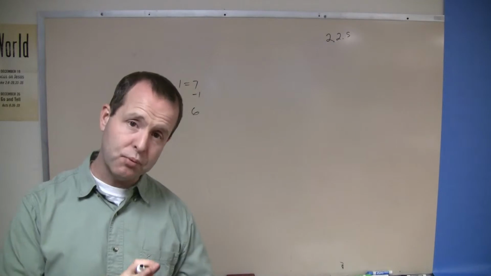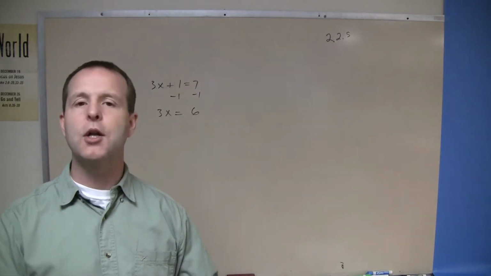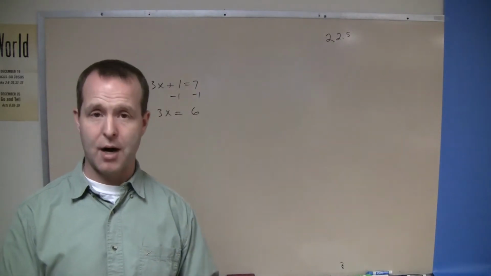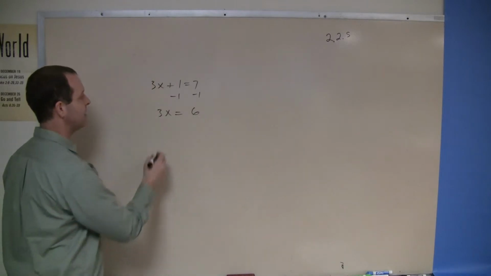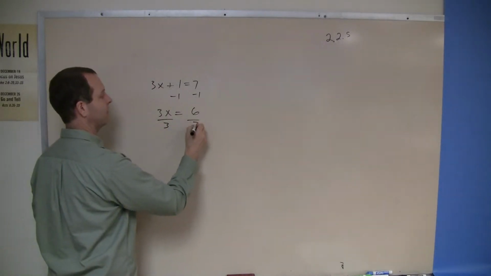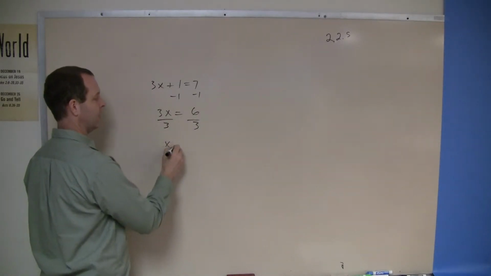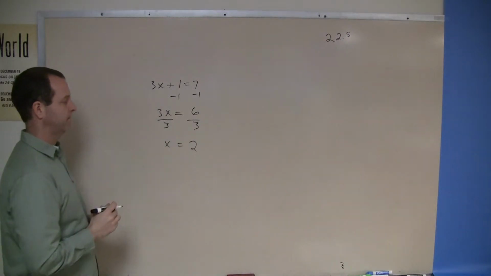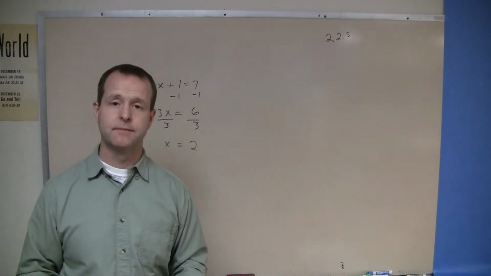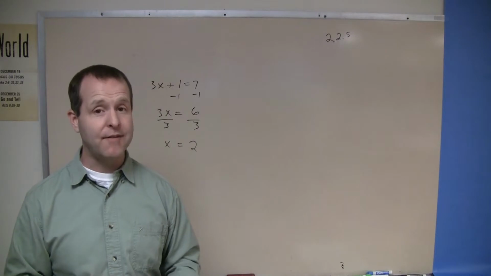So I've done the addition property first. Now I'm going to do the multiplication property second. And this is dividing both sides by a 3. x then would equal a 2. So there's my solution. And it doesn't have to be done that way, but it's